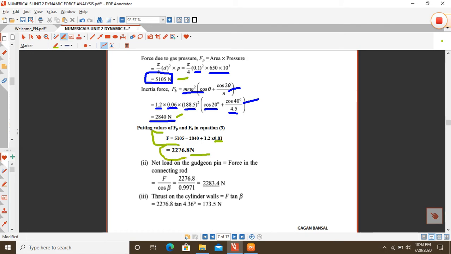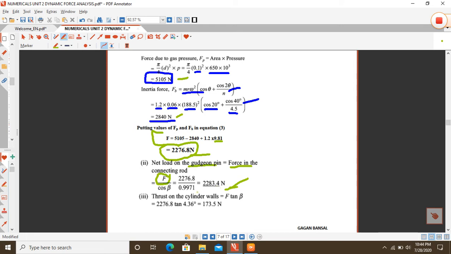Now second is, when we calculate F, then all our other parameters' calculation becomes very easy. So after calculating this value of F, let's solve. Just what we need to know is the formula. So the net load on the gudgeon pin, very important. What does it mean? It means that it is the force in the connecting rod, and we know that FC is equal to F upon cos beta. F we have already calculated, that is 2276.8 Newton, upon cos beta. Cos beta is already known to us, so we can get directly the value of net load on the gudgeon pin as